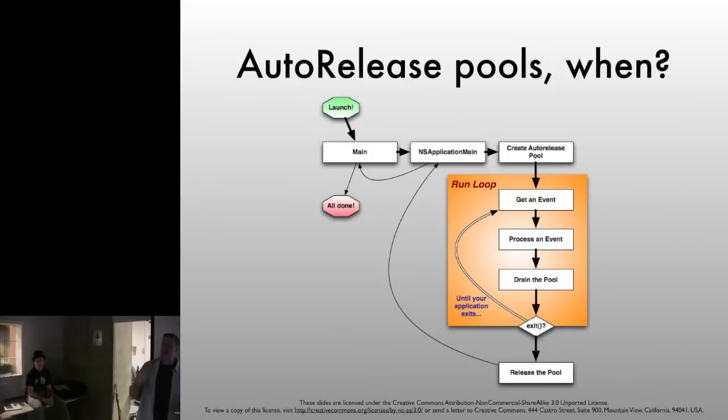If you still need that, you call retain on it. When you're done processing an event and the pool drains, it calls release because it's been added to the autorelease pool, but you've still retained it. You've still set the count up by 1. You're responsible for it now, but now